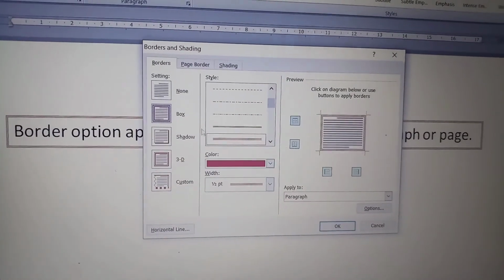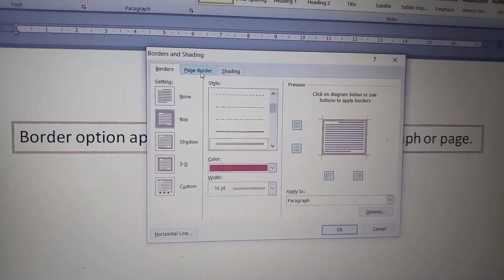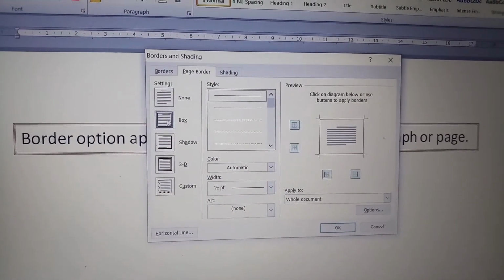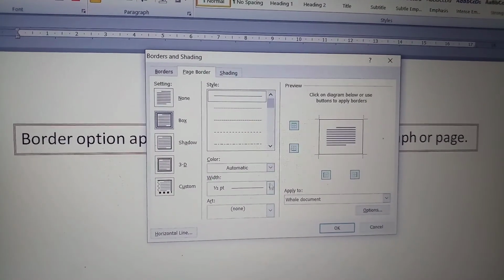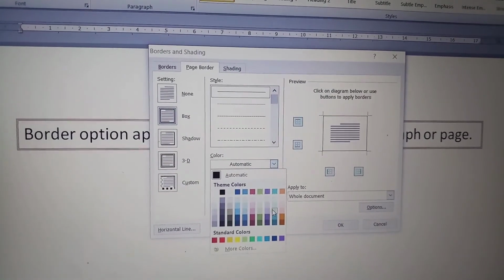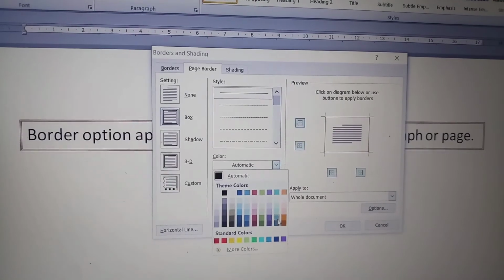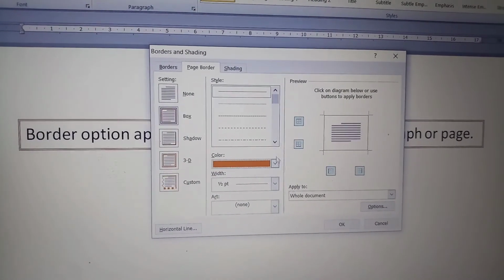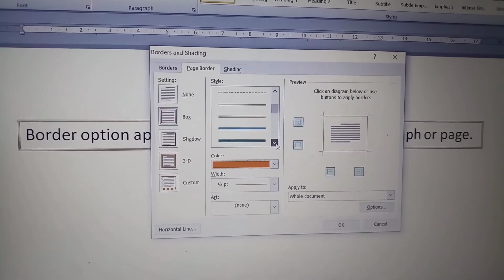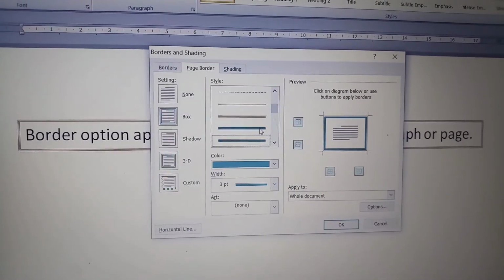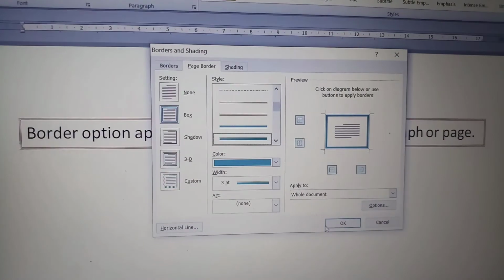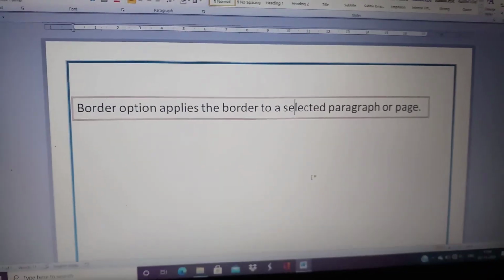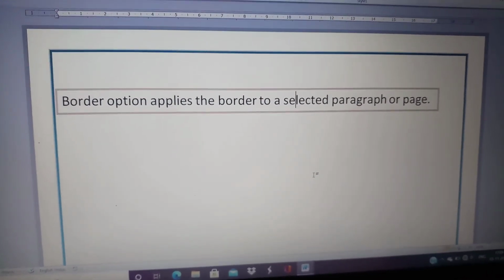From the dialog box, choose the page border option, style, border color, and click on OK button. You will see the page border is applied on it.